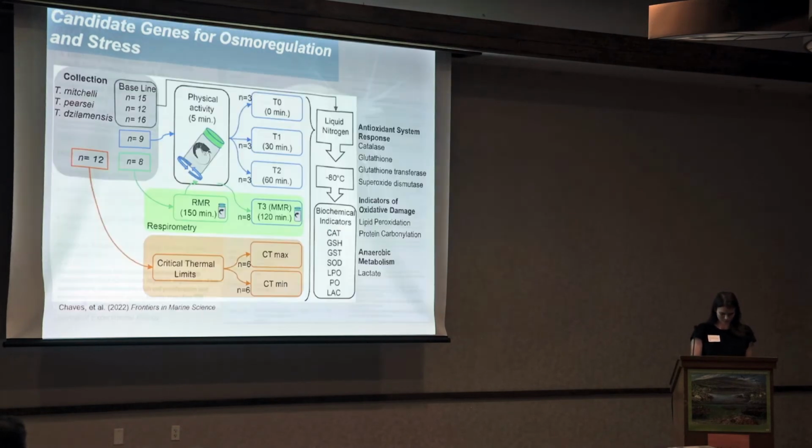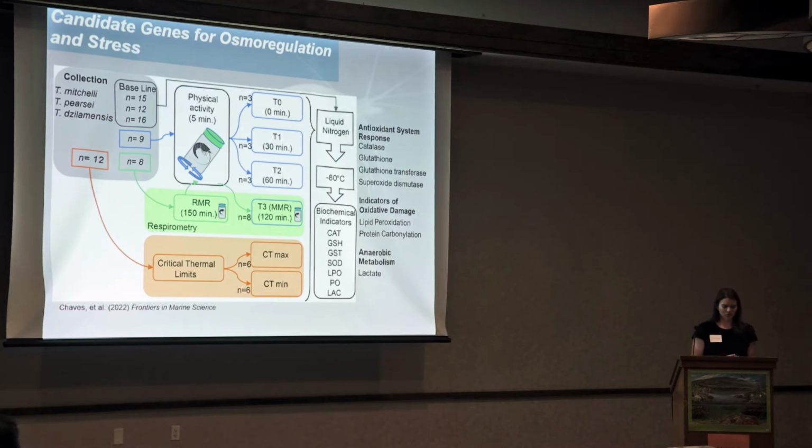In another study here, you can see there was a study conducted with T. mitchellii, pearsi, and zillamensis. Mitchellii and pearsi are the freshwater adapted species, and zillamensis is the euryhaline one. The shrimp were subjected to physical activity in order to encourage respiration. And from there, they were able to monitor indicators of oxidative stress, anaerobic metabolism, and associated genes with the antioxidant